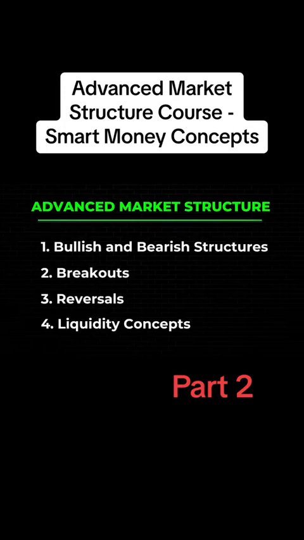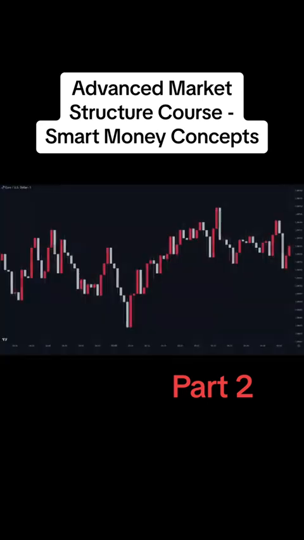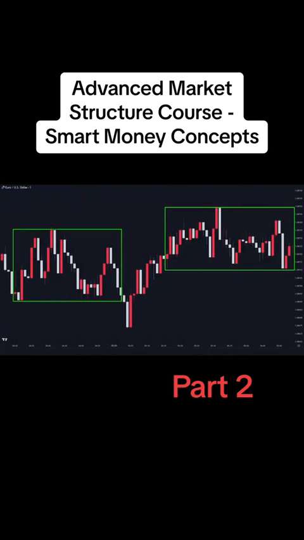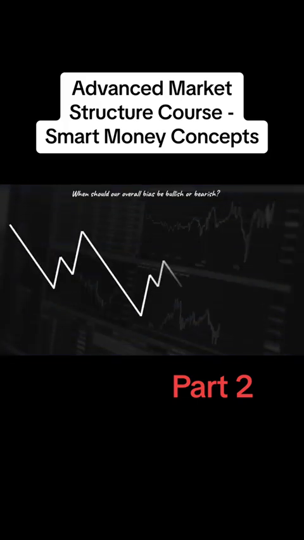Now we reach the next topic, reversals. We previously mentioned that we have two kinds of market behavior, a trending and a ranging market. Sometimes it's hard to identify the direction of the market, or it feels like the price has been trapped in a box. The subject of the ranging market is out of the scope of this video, so let's focus on when an uptrend turns into a downtrend and vice versa, or, in essence, when should our overall bias be bullish